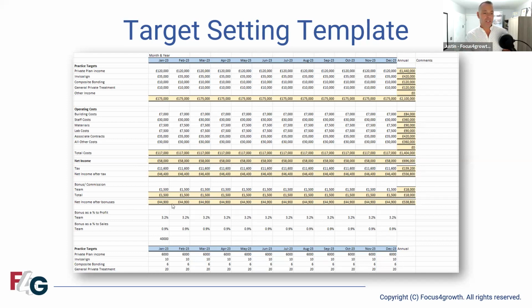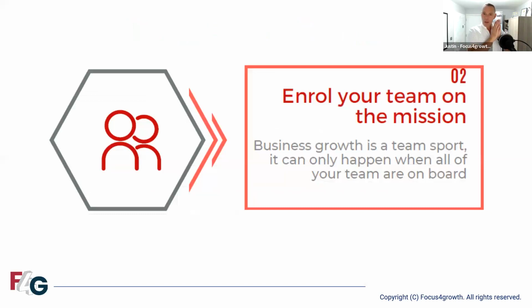And then I always think about, if we're going to start to think about the team, should we be thinking about a bonus? And we'll talk about that next, or some kind of protected income that allows us to reinvest in our teams, and we'll talk about that in a minute. So it's a really nice template. I'm happy to share this template with you just as a way to start to map out some numbers for your practice that tunes you and your teams into what it is we're trying to achieve.